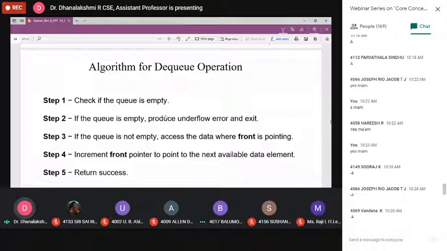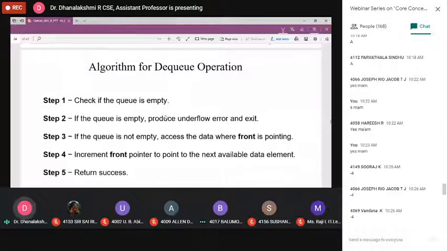Now, what is the code? You have to try yourself. If you know the answer, you just write the code in your chat box. Try yourself. There is a simple concept behind this. You all know that already.